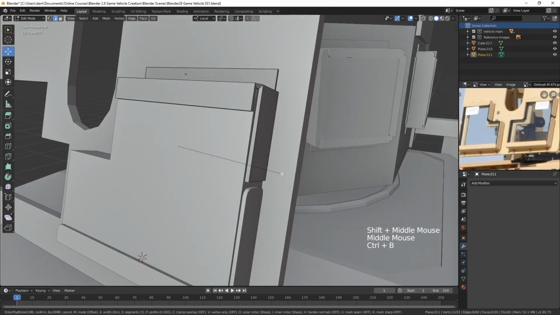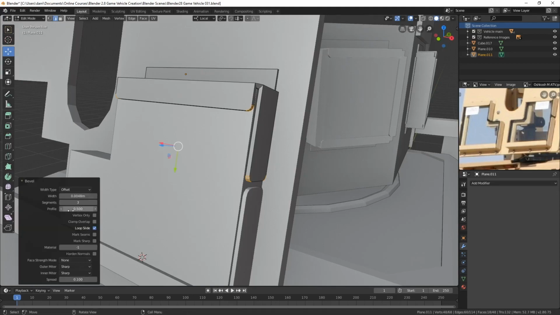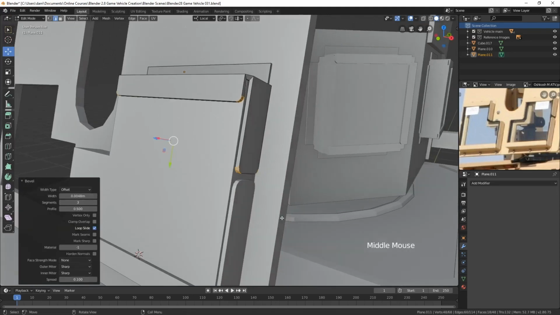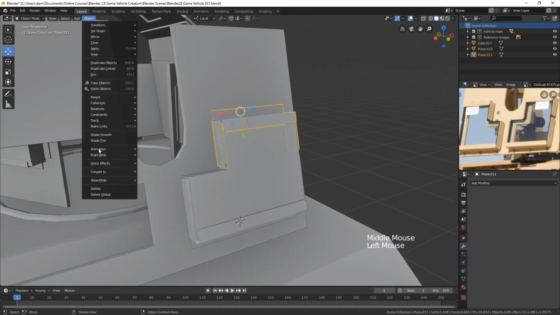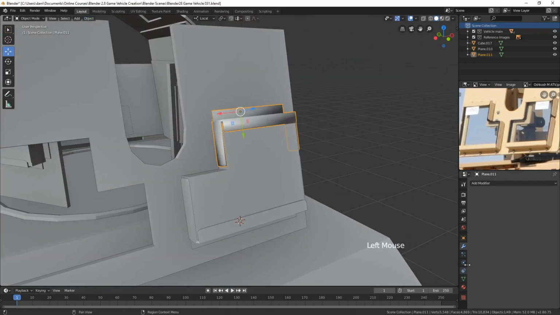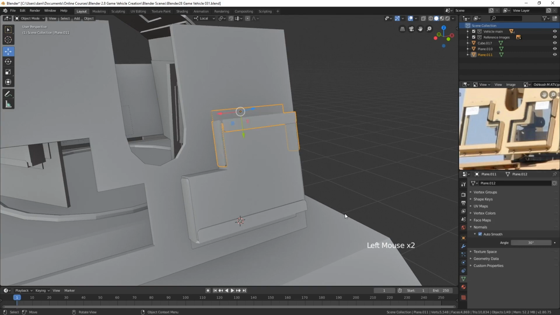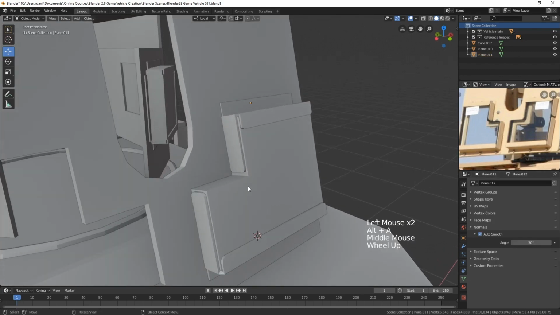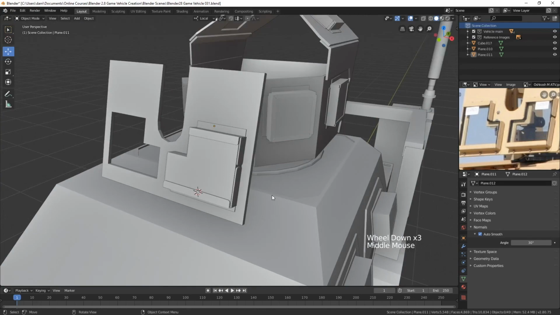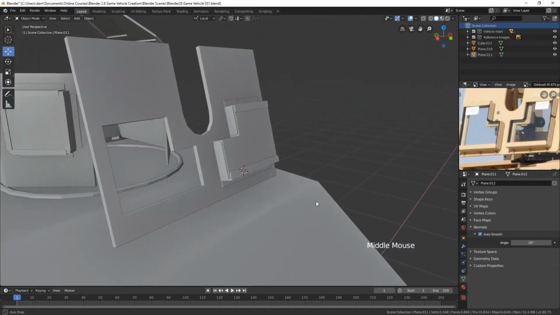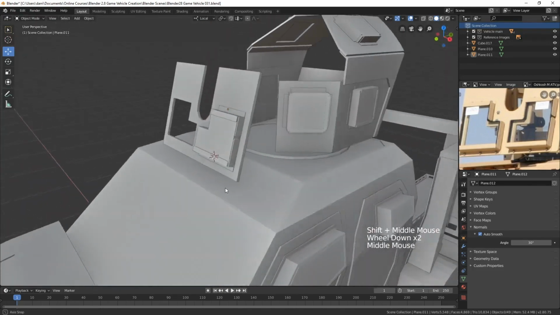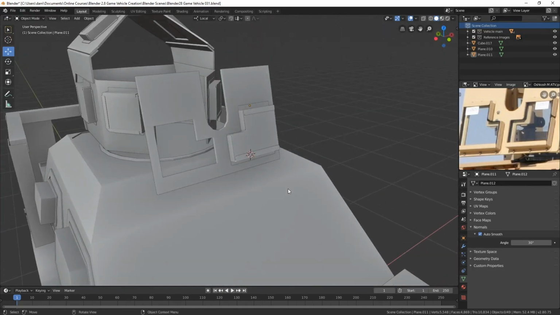I'll press Control B, and once again, pull out like that, and we already have 3 segments in here still, so that gives us that rounded effect. I'll also smooth that. And all this smoothing I'm doing may change once we begin joining things together in the final product, but at least for now it makes it look a little bit better. All right, so now that we have those in place, let's go ahead and mirror these over to the other